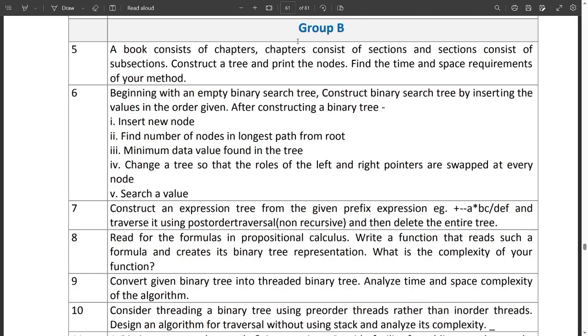Hello guys, so today we'll be starting with the group B question, and here we'll be taking question number 6, which begins with an empty binary search tree. Construct a binary search tree by inserting the values in the given order. After constructing the binary tree, you have to basically insert a new node, find the number of nodes in